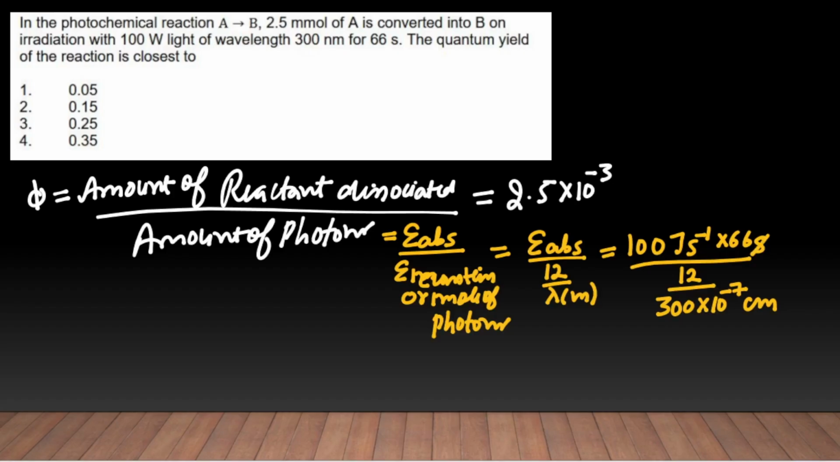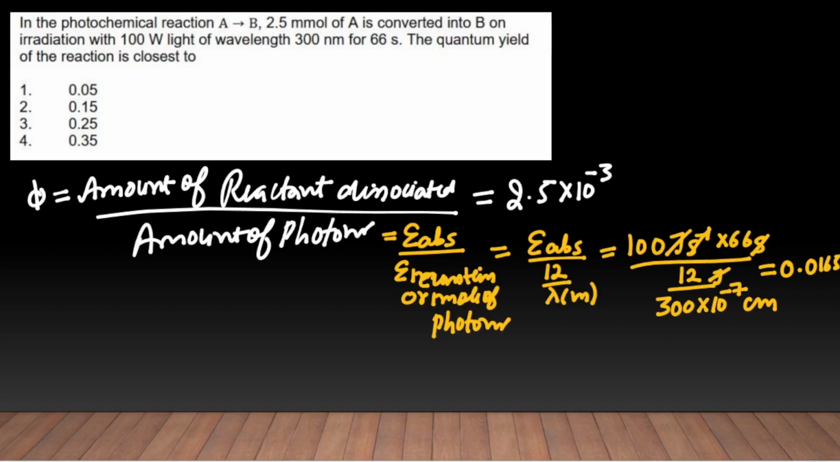So this per second will get cancelled, and this value of the energy you will be getting in joules, and this joule will get cancelled out. So from here we can find the number of photons, and take its ratio with the amount of the reactant that dissociated, which will give us the value of the quantum yield. So on solving this, the number of photons we will be getting is